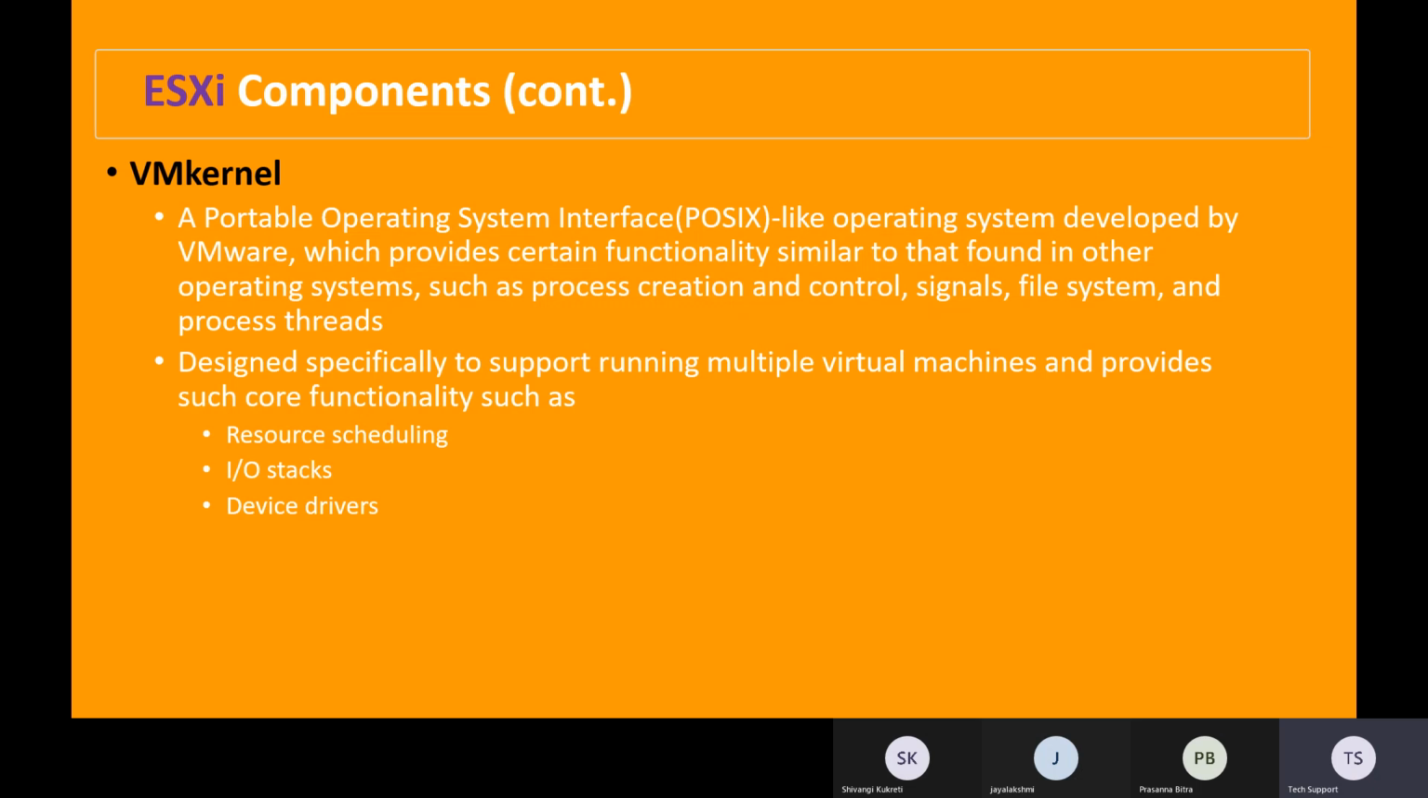Same way in our ESX server also, VMware implemented their own file system. That file system is called VMFS. VMFS means Virtual Machine File System, and this file system was designed mainly for the VM kernel, specifically to support running multiple virtual machines. Their main functionality, the brain of the VM kernel, the intelligence of VMware operating system is only this point, running